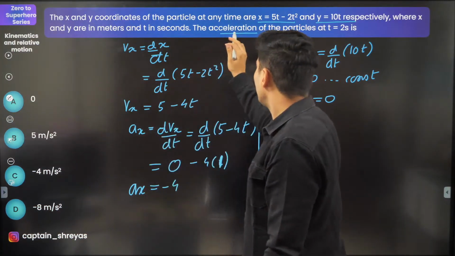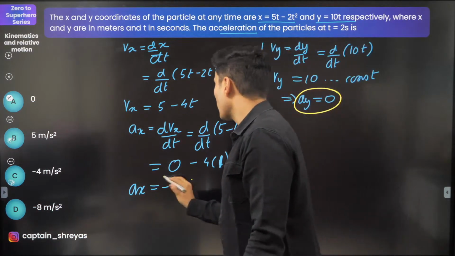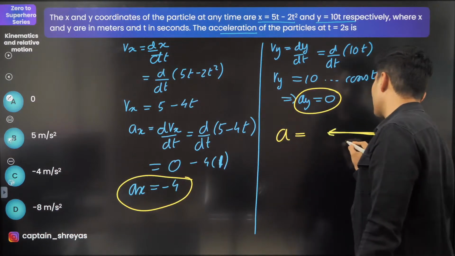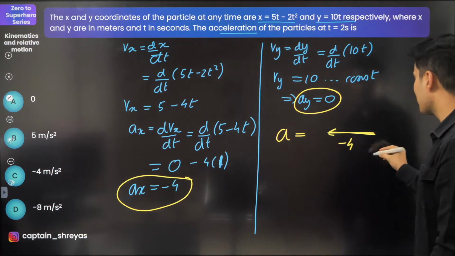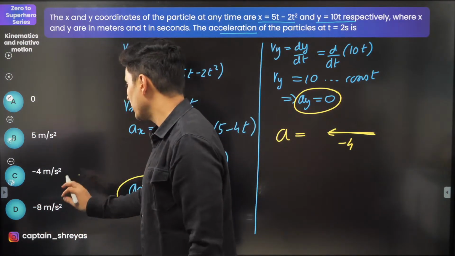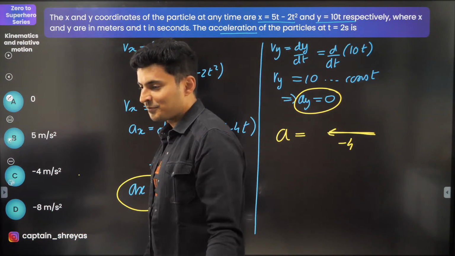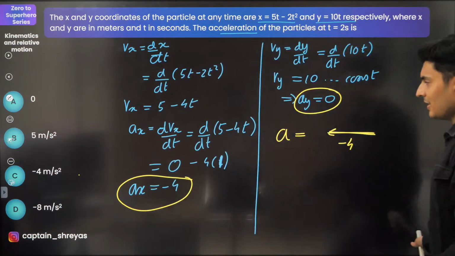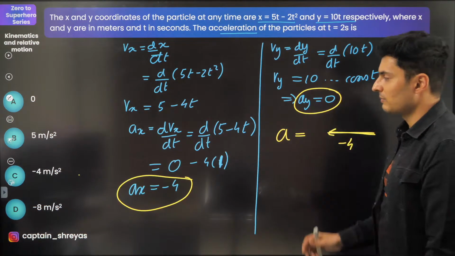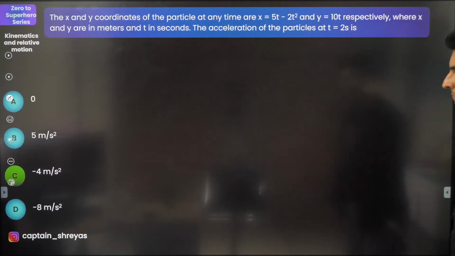Last thing, find the net acceleration. One component is 0, the other component is -4. So obviously the acceleration will be just -4 only in the x direction. Y component will be 0. That's it. Option D, no, it is option C, guys. Looks like many of you got it wrong again. Yep, just C. You can see that right over here. One component is 0, so only one of the components will come.